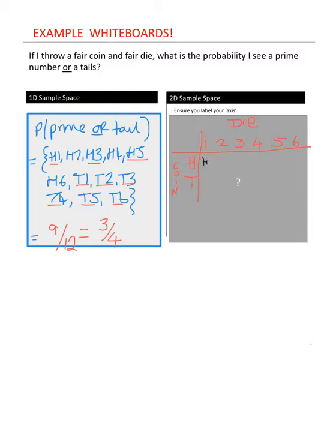Going across, I can write down my different combinations. So I can have a head and a 1, a head and a 2, a head and a 3, a head and a 4, a head and a 5, a head and a 6, and here a tail and a 1, tail and a 2, tail and a 3, tail 4, tail 5, tail 6. So the probability I see a prime or a tail,